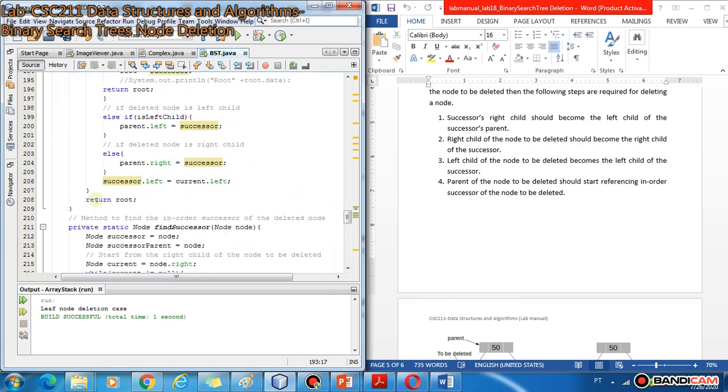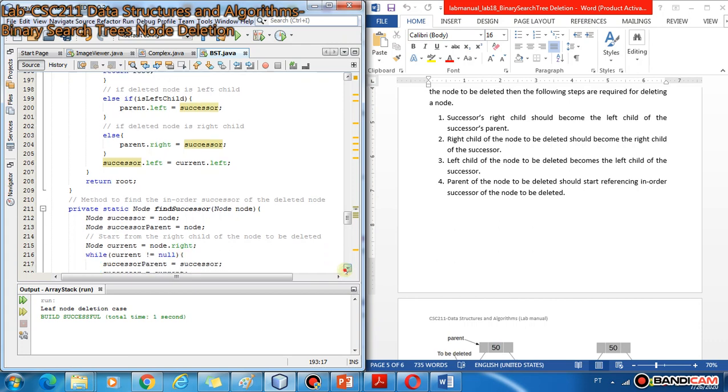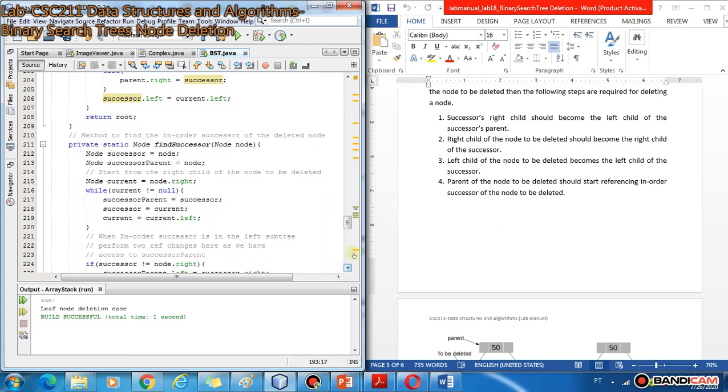And then finally you return the root, because when you call this delete method, for example here in main